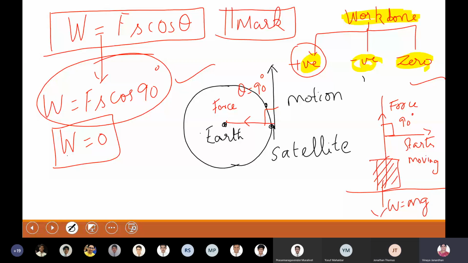Shall I go for the yes? You said that when the body is being carried, the work will be zero, like when the person is moving forward. But when the body is on the ground and we lift it up, will the work be zero? Work against gravitational force will be negative when you are standing and lifting an object. We'll see, boys. Next, I'll come back for all the example questions where you'll understand much better. Now, just concentrate on positive work, negative work, zero work. Let us get into the different scenarios, then you'll understand.